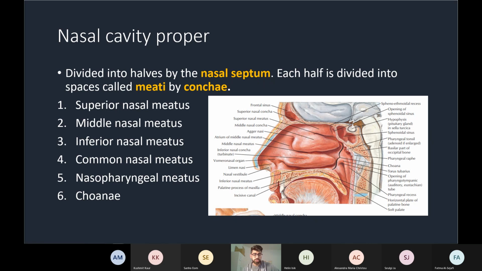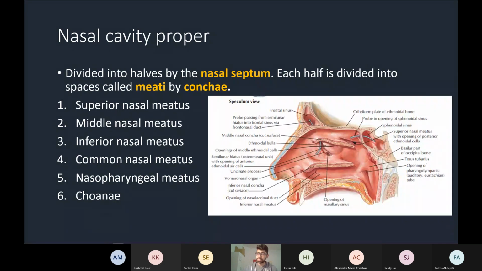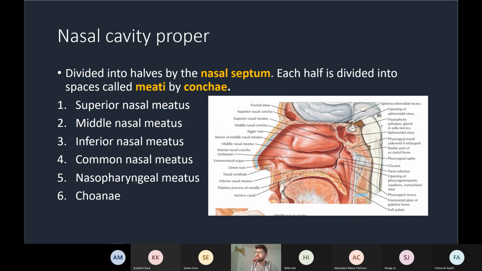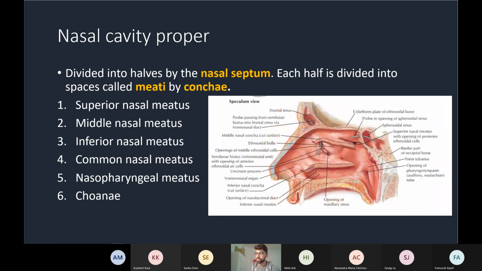Okay, and then the next image I want to just show you is this one. This is basically a slightly deeper dissection. What we've done here is we've removed the conchae. By removing the conchae, if I just go back a slide very quickly, just pay attention to the differences between the slides. This is with the conchae intact, and then we remove the conchae, and we can now clearly see the openings